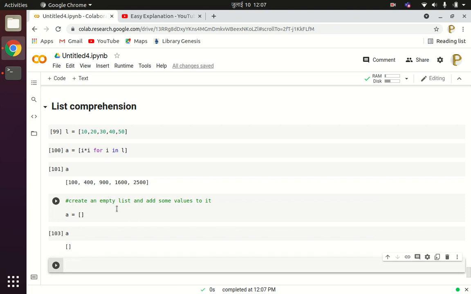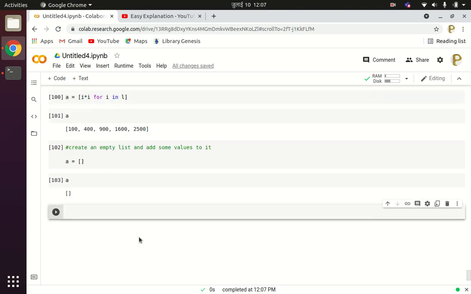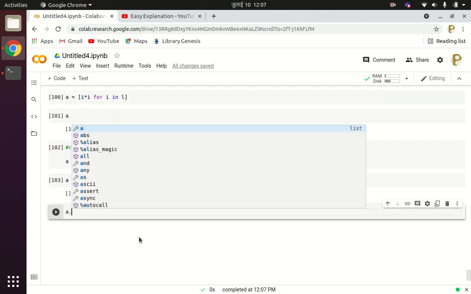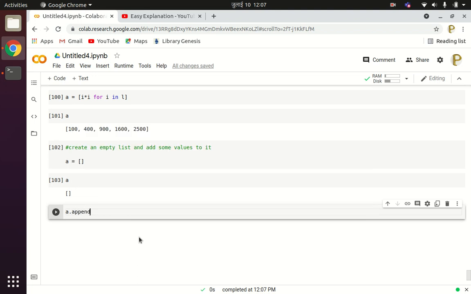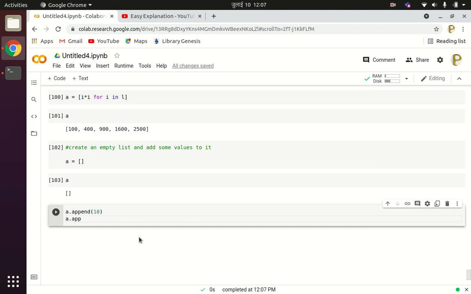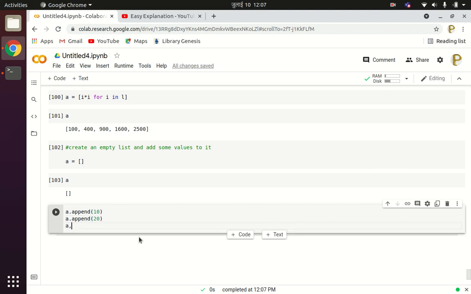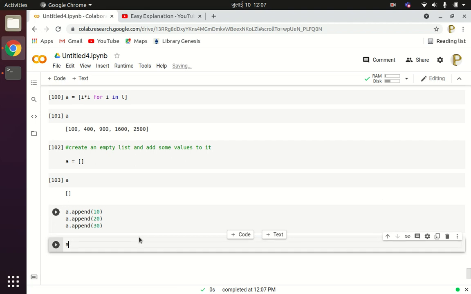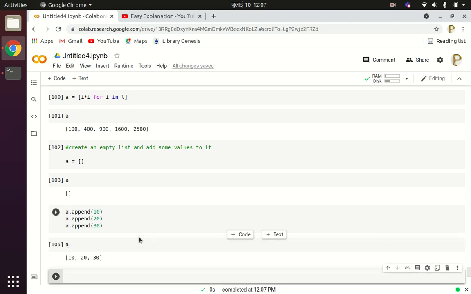You can append the values into the empty list by A dot append 10, A dot append 20, A dot append 30, and we'll write A. See the result, A is 10, 20 and 30.